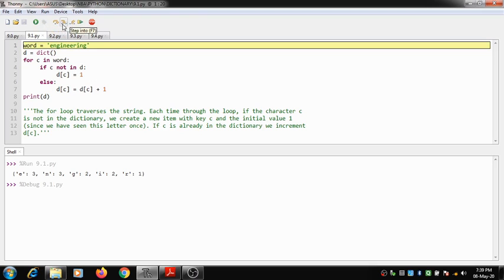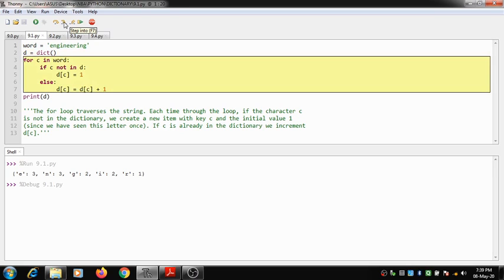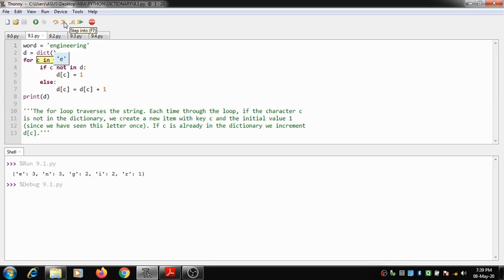First the string engineering is assigned to word. The next line creates a dictionary. I have created an empty dictionary D. Now I enter the for loop, where word is replaced by the string engineering.